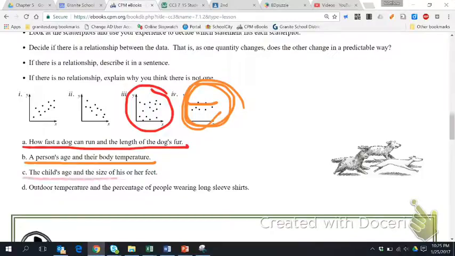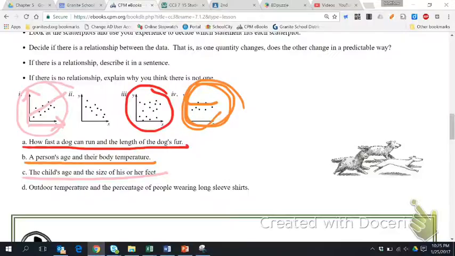Alright, let's look at this. The child's age and the size of their feet. Well, as a child gets older, their feet will get bigger. I do notice here we've got a section where as one is going up, so is the other. So we could say feet and age are both going up together. So I would link those two,